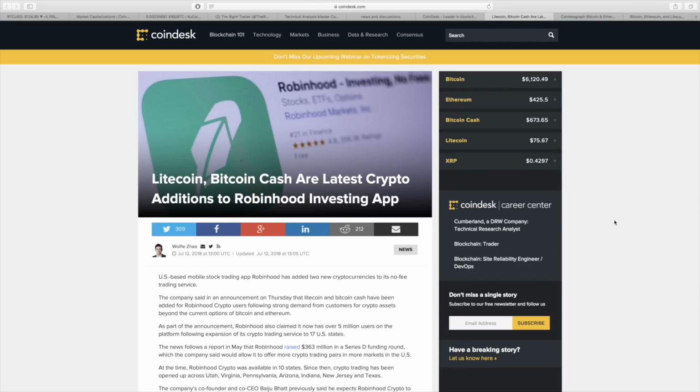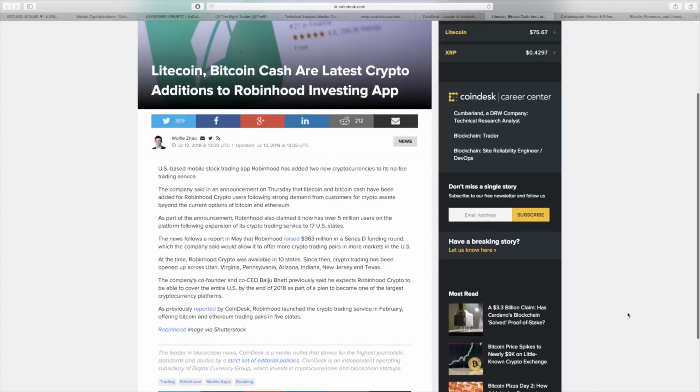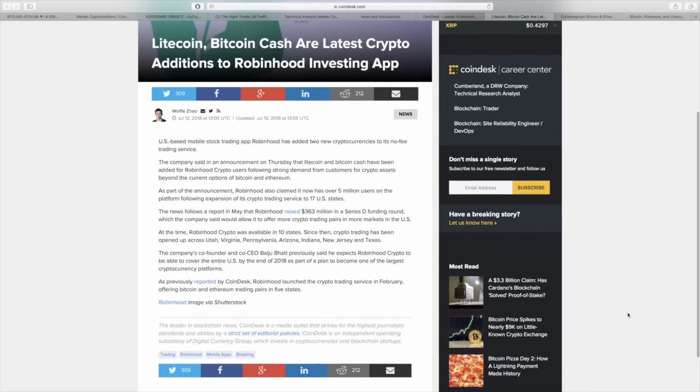So first off, the big news here today is that the Robinhood investing app actually added Litecoin and Bitcoin Cash. So it's basically following in the footsteps of Coinbase, and I think that's a good thing. I think it's good that they're adding more cryptocurrencies. It's really what we need to see for even more adoption and more opportunity for money to come in the